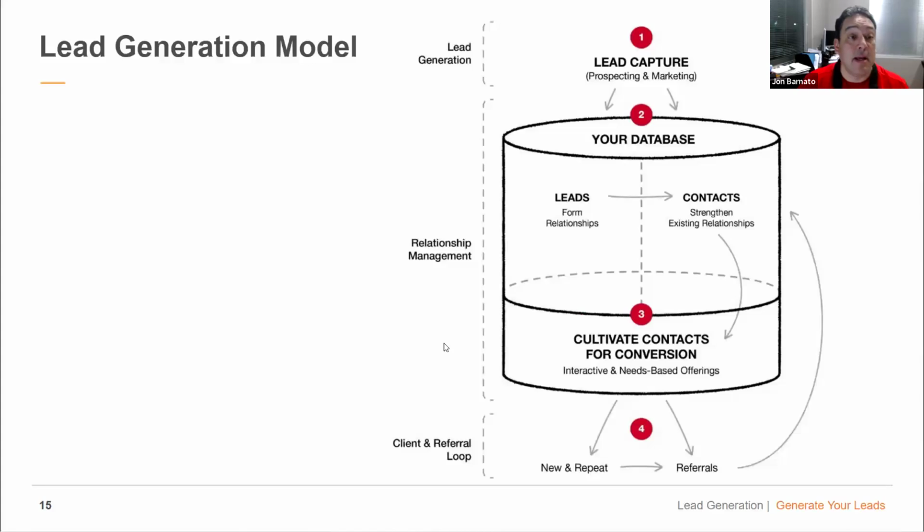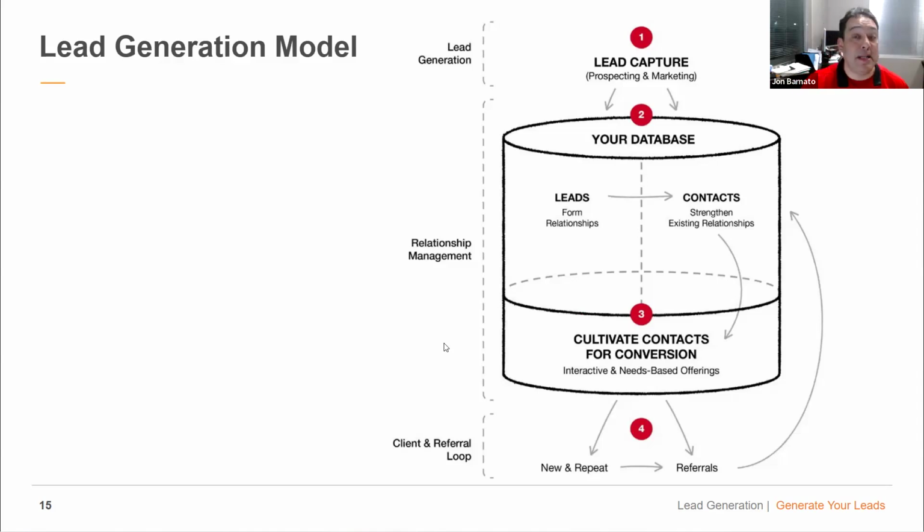And I just wanted to let you know a stat. In the United States, the average American says no to an appointment an average of 8 times before they say yes. 8 times. So you're going to have to get that horrible thing called rejection on average 8 times before someone's going to agree to have an appointment with you. And I would not recommend having all of those rejections in one conversation. So I'd recommend that you do that over time and that you get to the 8 through multiple communications and contacts, and that's how you strengthen the relationship to where they feel they trust you and now they say yes. Make sense?